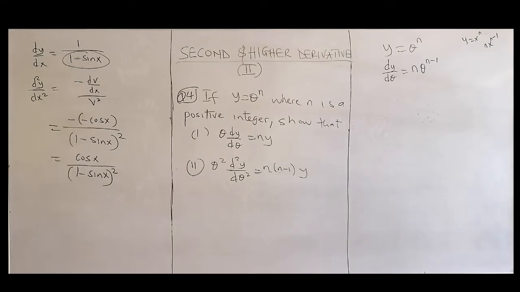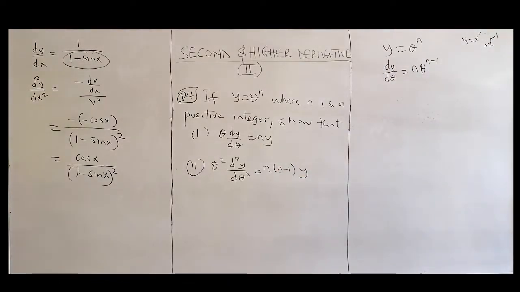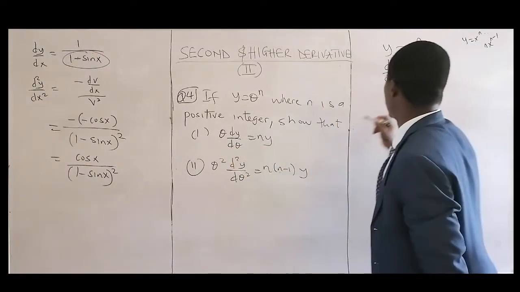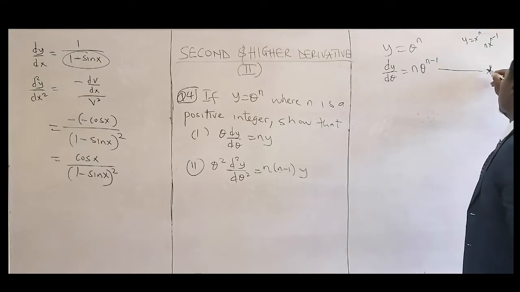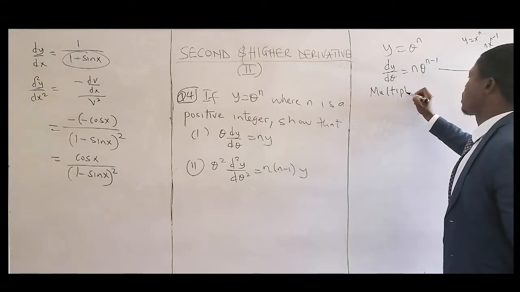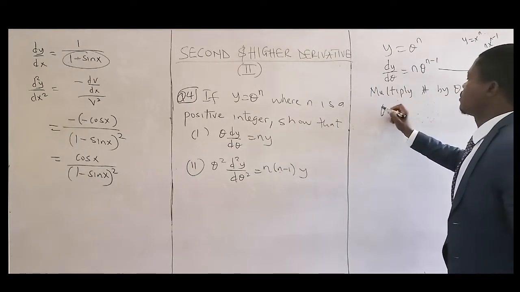So the next thing to do now, because when you are showing, you have to have in view the final result, the target. Then you can see that this is being multiplied by what? By theta. So multiply this equation by theta. Multiply this equation by theta. So we have theta dy d theta,